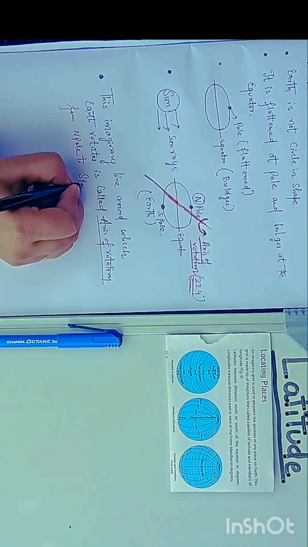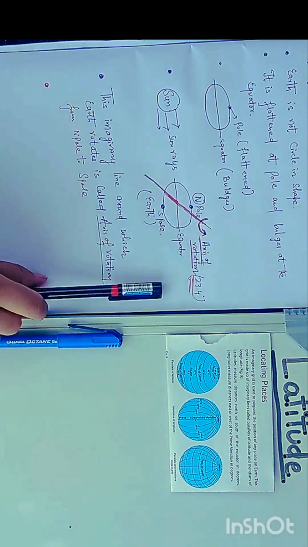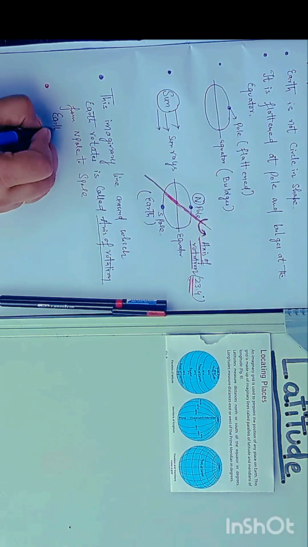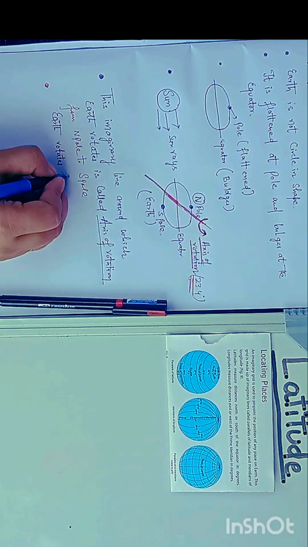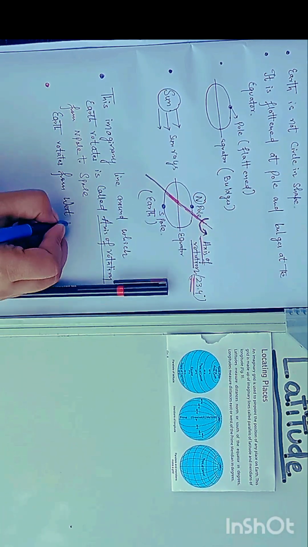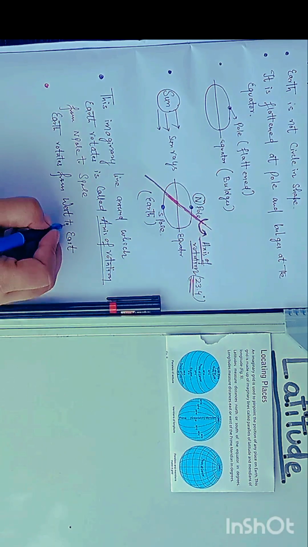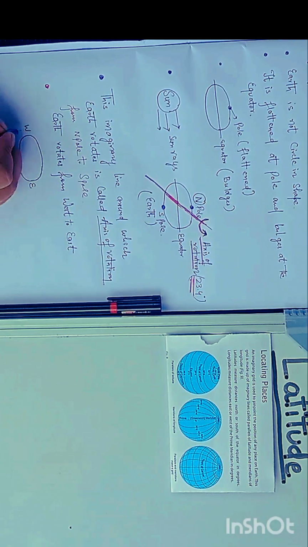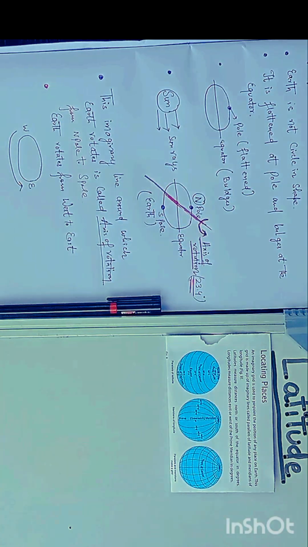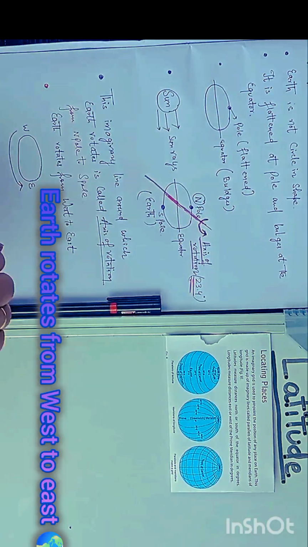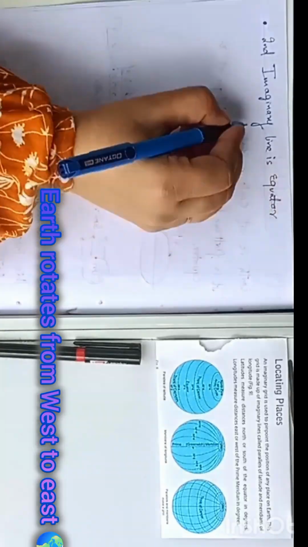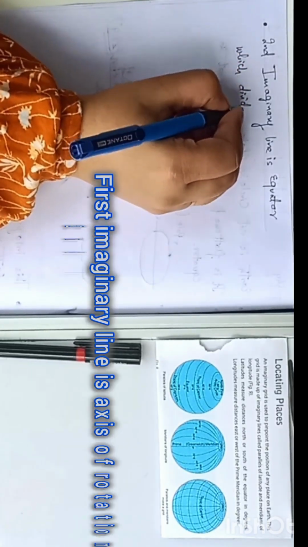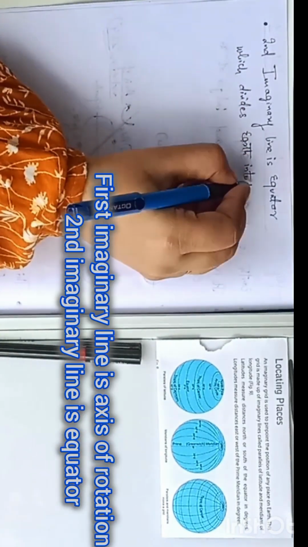It rotates from North Pole to South Pole. Earth rotates from west to east. So direction of rotation of Earth is from west to east. Right? Now next we move on to the next point, that is